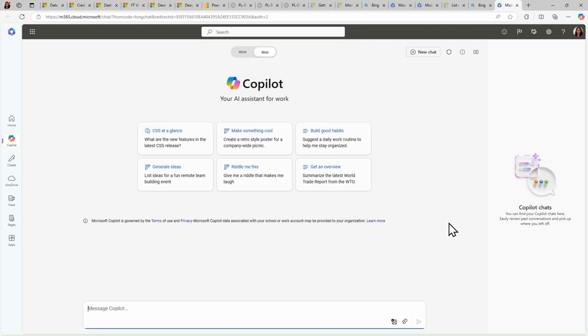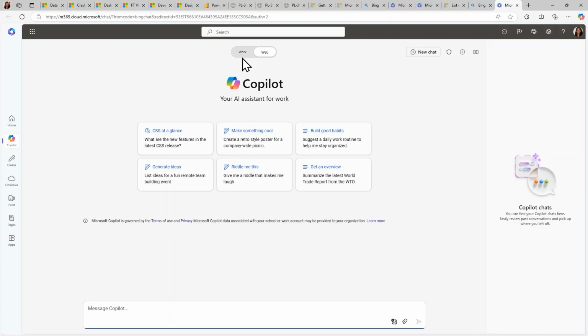you're going to note that there are two modes. One mode is for the web, where I can have it search the web for help on the information and questions that I might be asking right now, looking for specific information. The other one is work, and the work tab allows us to query information about your work, and that would be your email, Teams, Outlook, files that you've created, people that you work with, and that requires a Copilot license to be able to use.